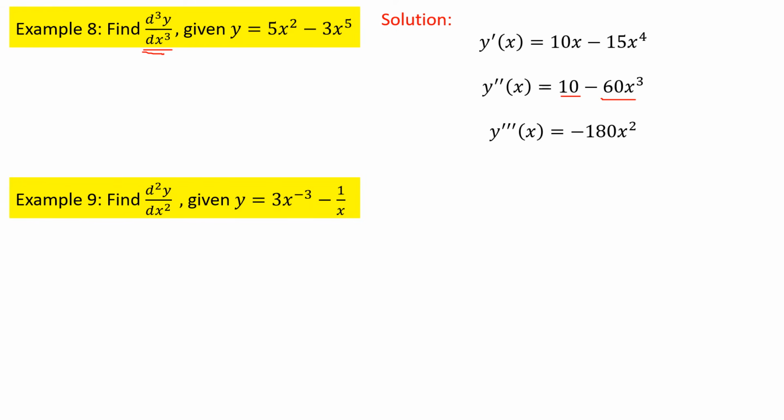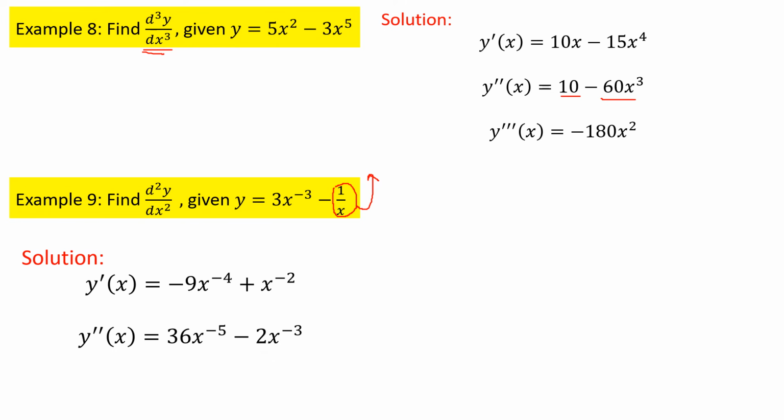The same way we can do the next question also. So here, if you see the second term, I have 1 over x. So what I do before differentiate, this x take to the numerator. So that will give you x power minus 1. So after that, if I perform the derivative, I will get y dash like this, y double dash